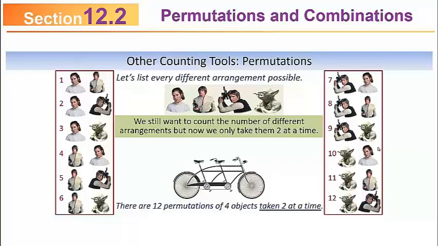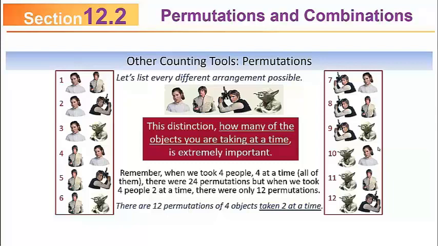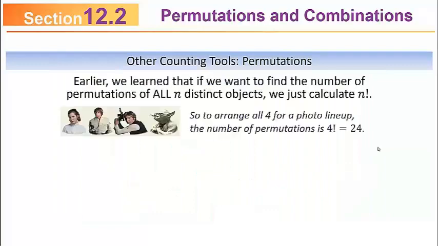So I'm still trying to arrange 4 objects, but I'm only taking them in pairs. This is an important distinction because if you're not taking them all, you've got to know how many you are taking at a time, and that's extremely important. So in the previous example, when we took 4 people, we took all 4 at a time. That turned out just to be a factorial. 4 factorial is 24. But when we took them 2 at a time, it turns out to be only 12. We learned if we do take them all, we just use the factorial,